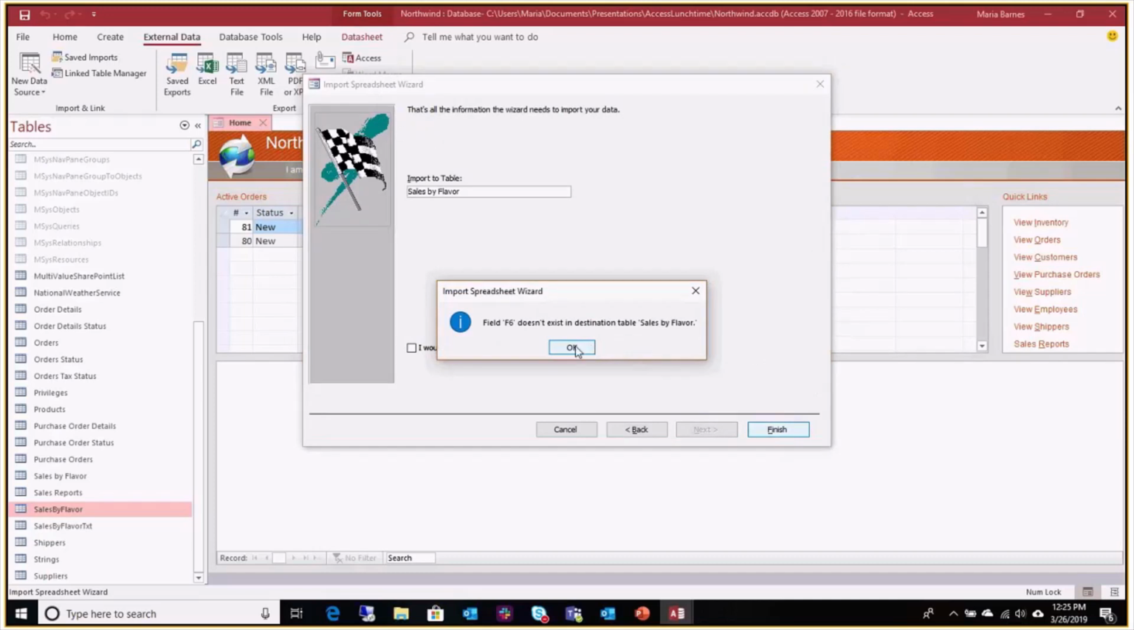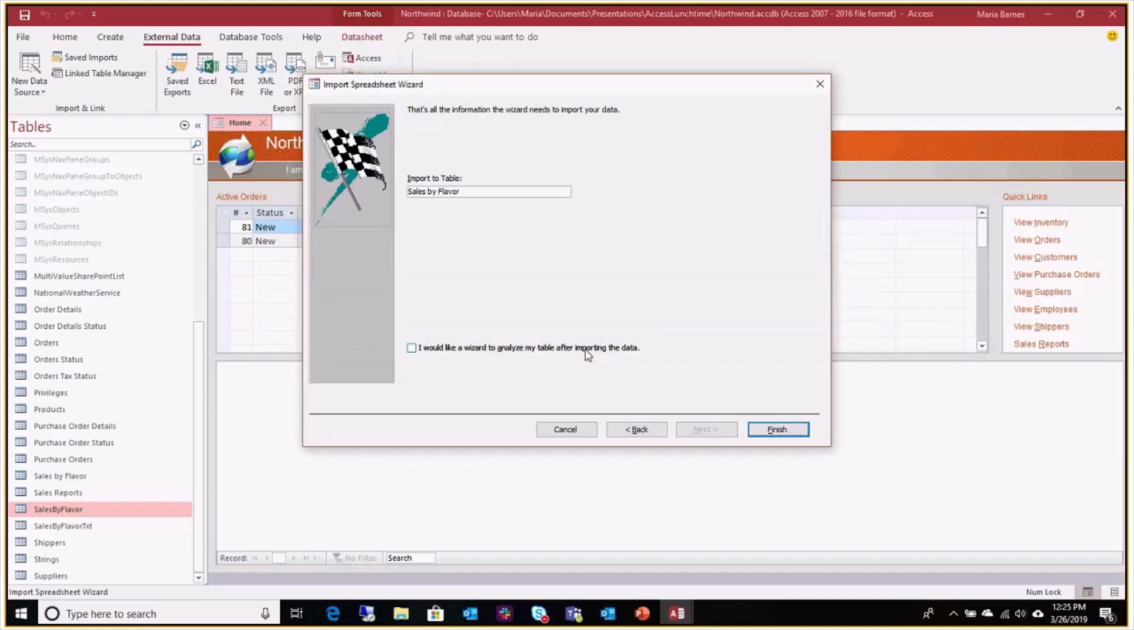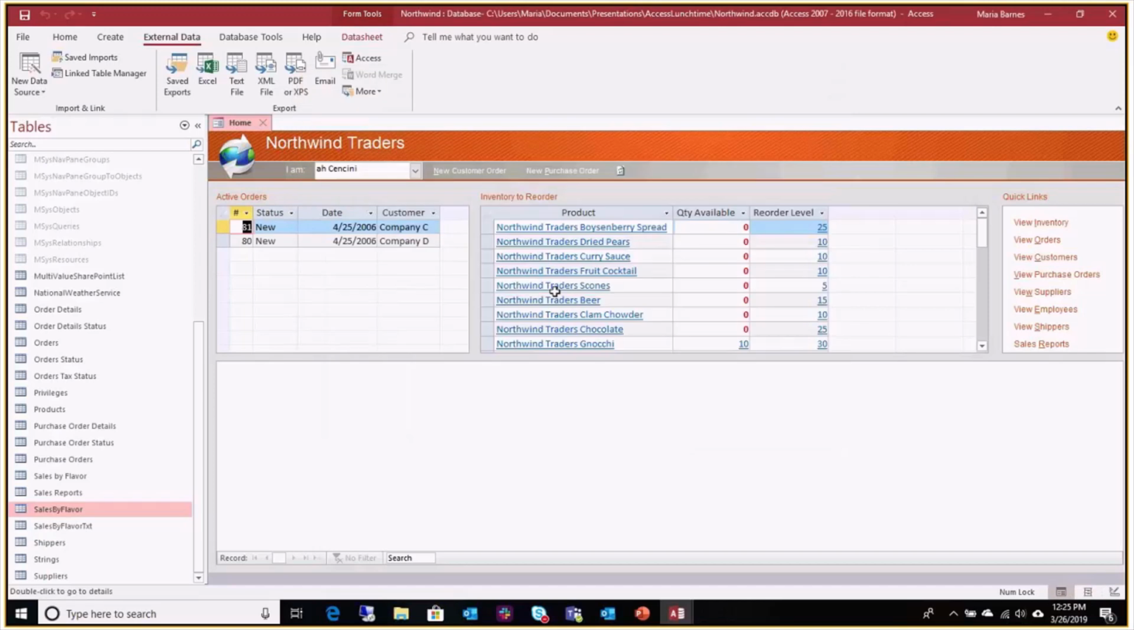Well, now field F6 doesn't exist because I forgot to take that off. Anyway, you get the inference here, I hope. I don't want to waste too much time here in the presentation by doing that. Anyway, so then it's more common to save the append